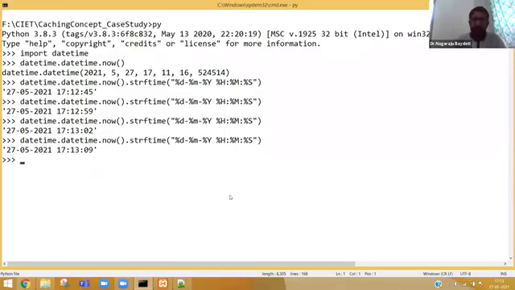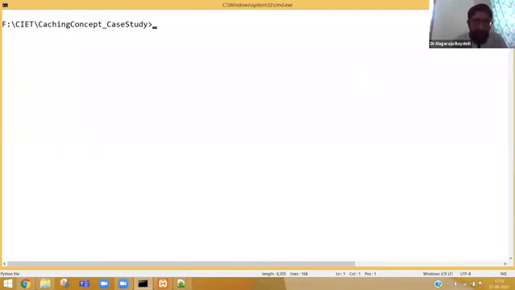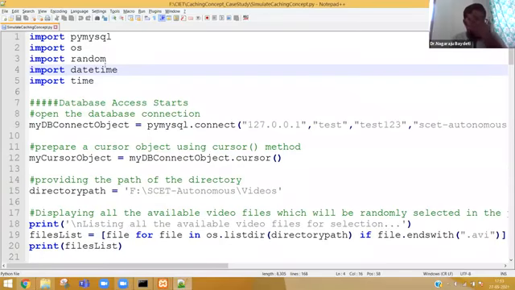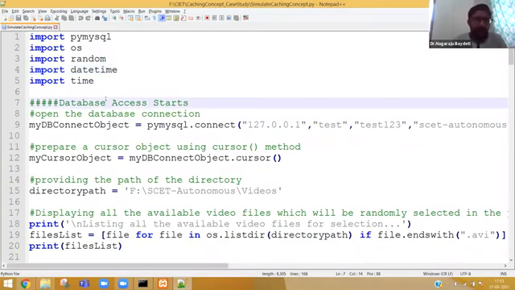Okay. Now, for the purpose of taking the timestamp, I took the package datetime. What is the next line? Everybody will understand this line clearly. That is about connecting to the database.